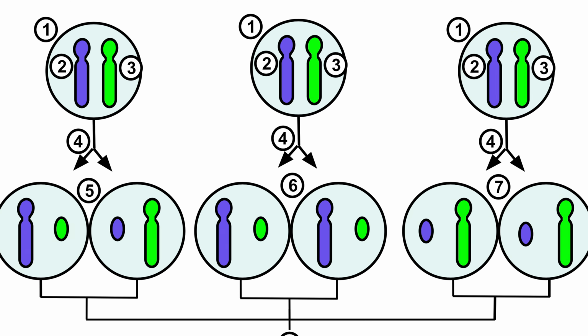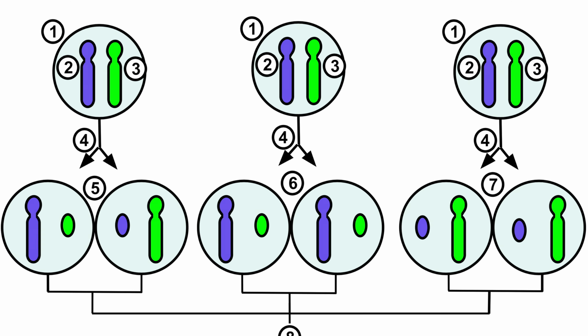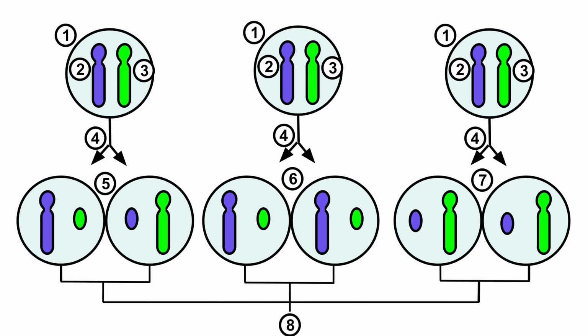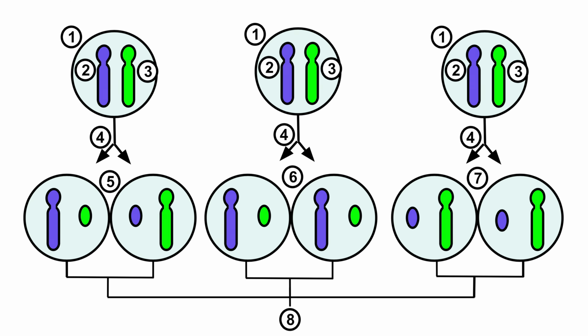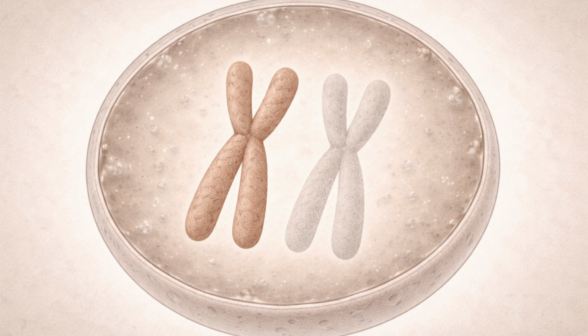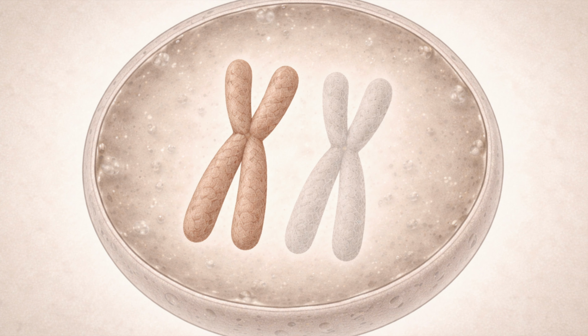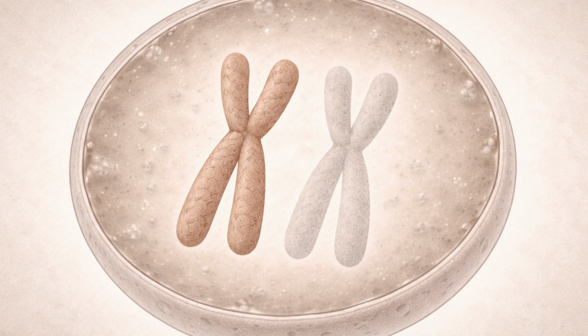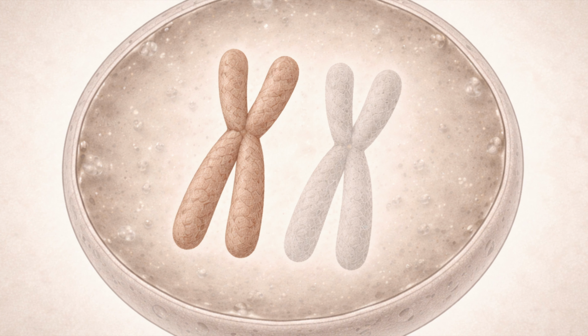sometimes called lionization. If you're female, you have two X chromosomes. Early in development, each cell randomly silences one X chromosome. That's normal. It's how the body balances gene dosage. But random across millions of cells can still produce territories where one X is active more often than the other,